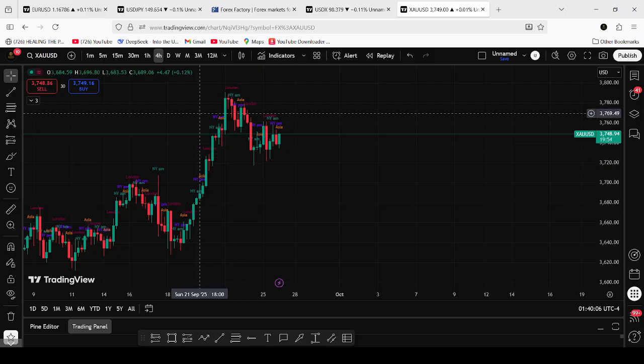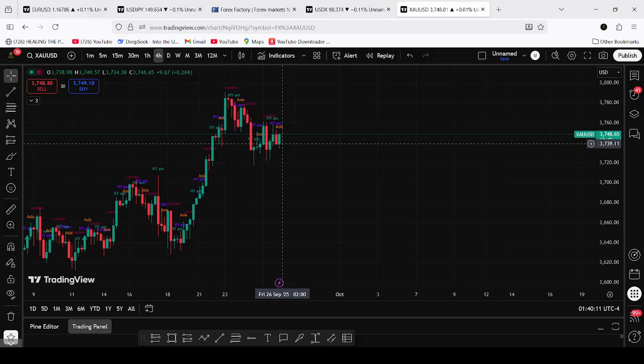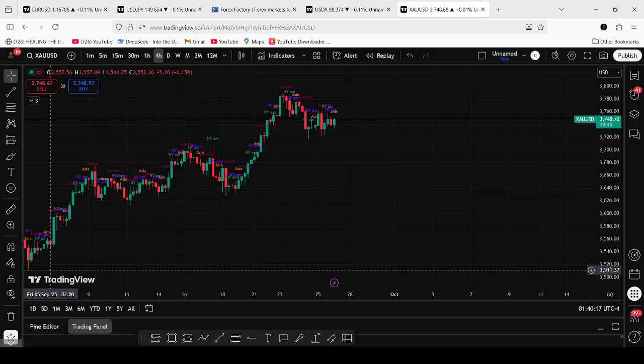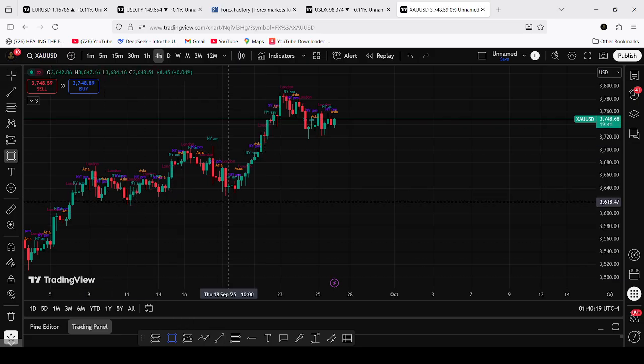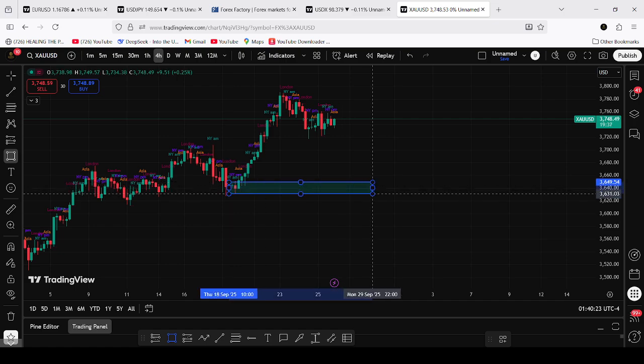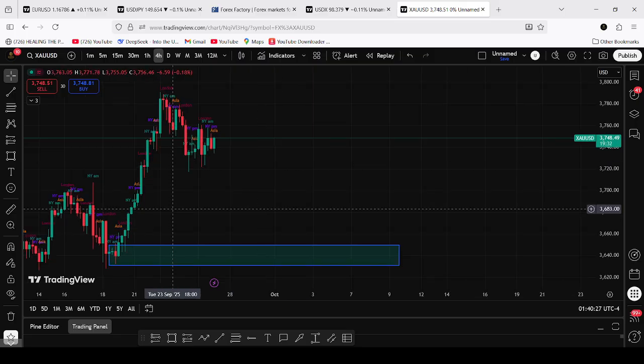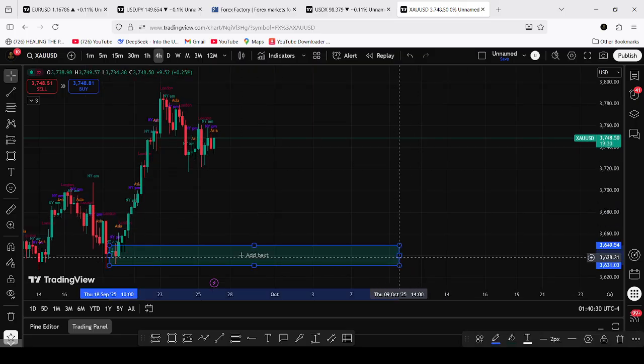From there, we can see some buying momentum in the market because this is the 4 hours time frame. So we need to align ourselves technically. You just need to mark some zones like at this point. You just mark that zone. In case the market comes to that zone, you can buy.